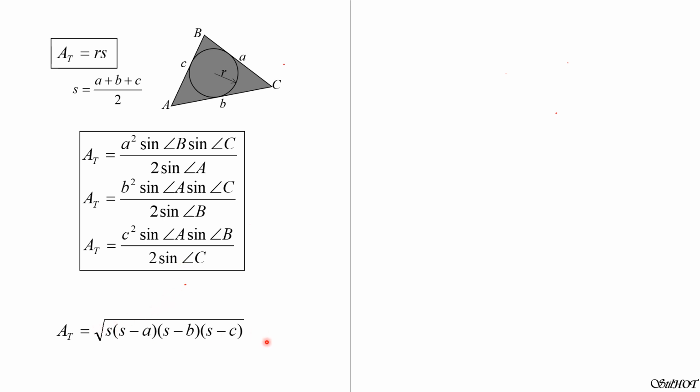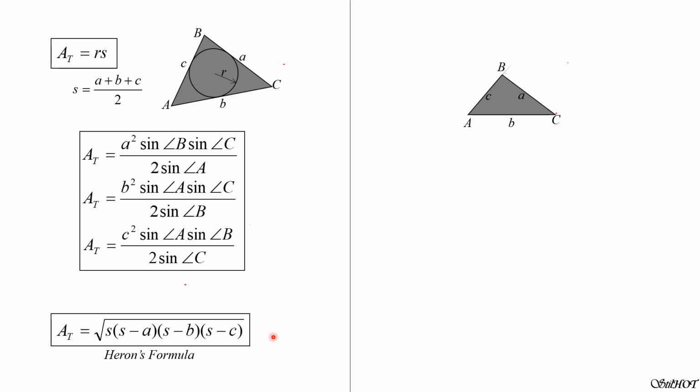This is called Heron's formula. Area is equal to the square root of S times quantity S minus A, S minus B, times quantity S minus C. Then the seventh case of area of a triangle is area in terms of the escribed circles, the radius of the escribed circle. And we can easily derive this formula, the formulas for area, which is